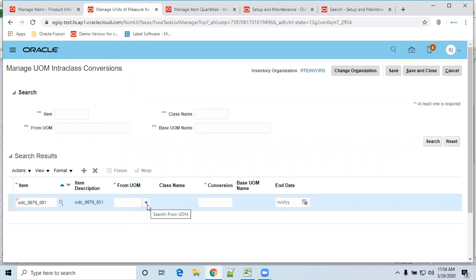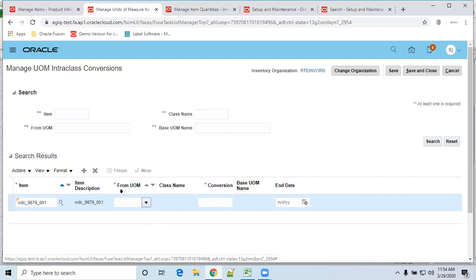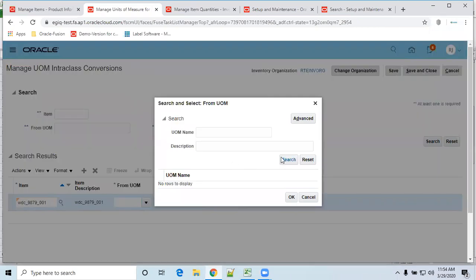From UOM class name to conversion to base UOM. From UOM, I want to search. Bundles, UOM bundles, nothing is there.